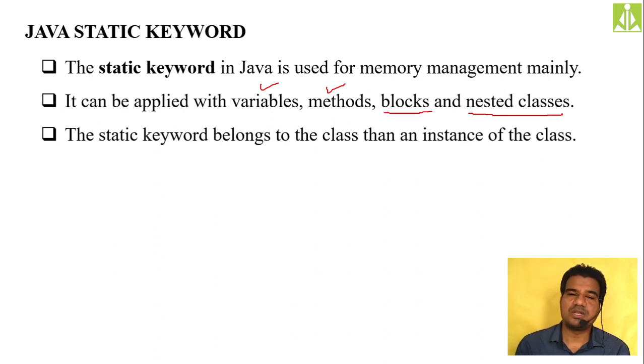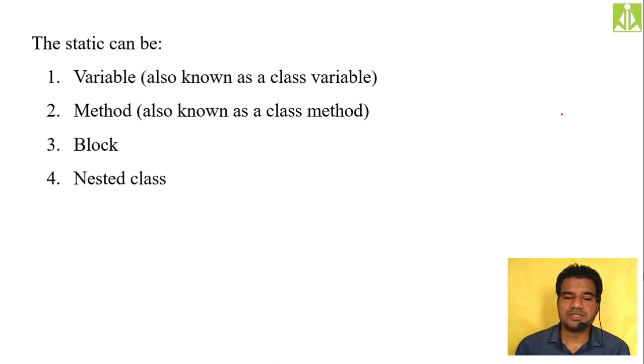Whatever coding you are doing using the static keyword, whatever variables you are creating, whatever methods you are writing, whatever static blocks you are creating, all these things will happen before the creation of your object, at the time of the class getting loaded into the memory. At that time only all these things will happen. Remember this one. Then we said the keyword static can be applied to a variable, and it can be applied to a method.